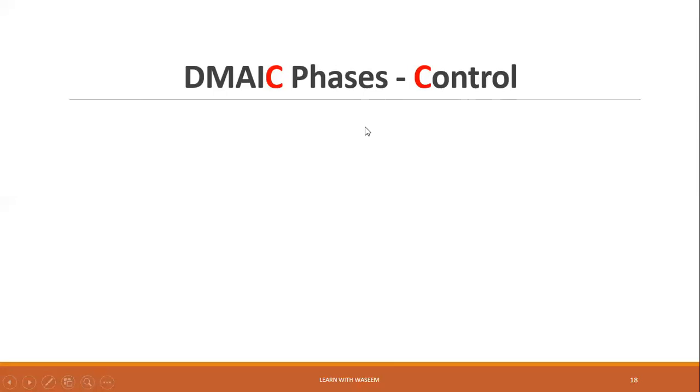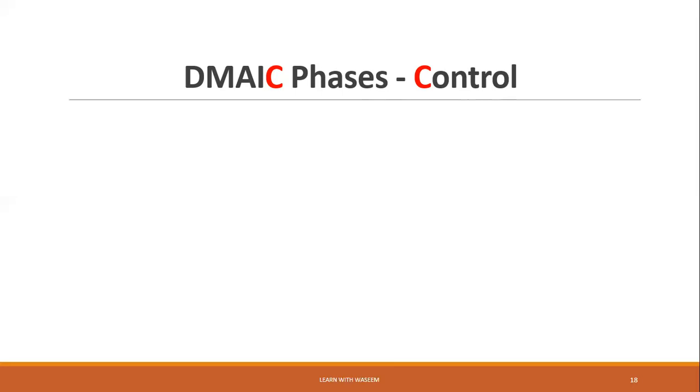Control is one of the most important phases, not just in DMAIC, but in almost every technique, because control means we have to monitor, we have to control the changes, the variation, we have to control the quality, by going through different steps and processes. So control is one of the most important parts. If you want to improve the quality, you have to control the quality, control the number of defects, control the processes, control the employees,